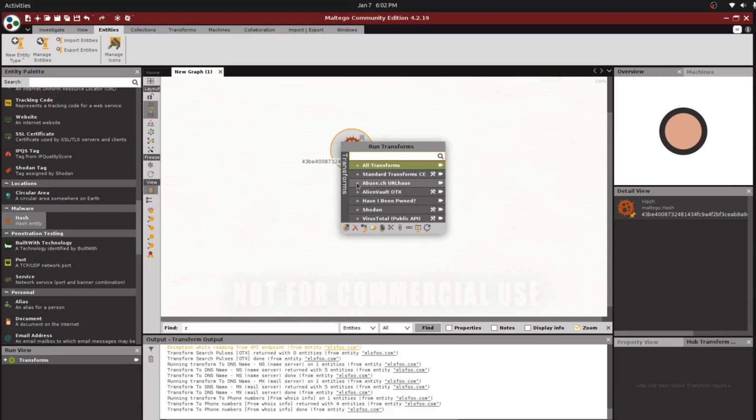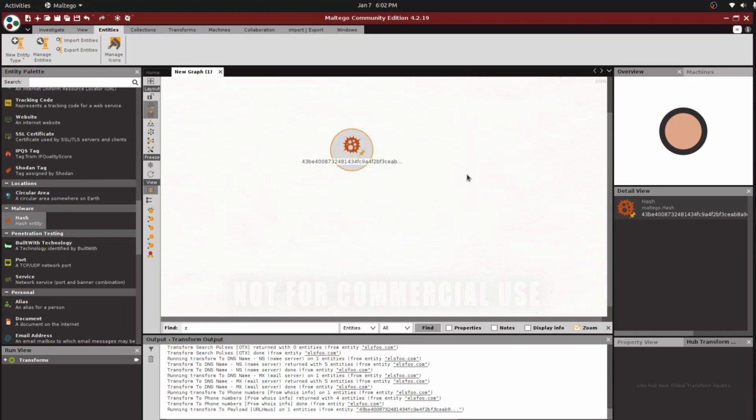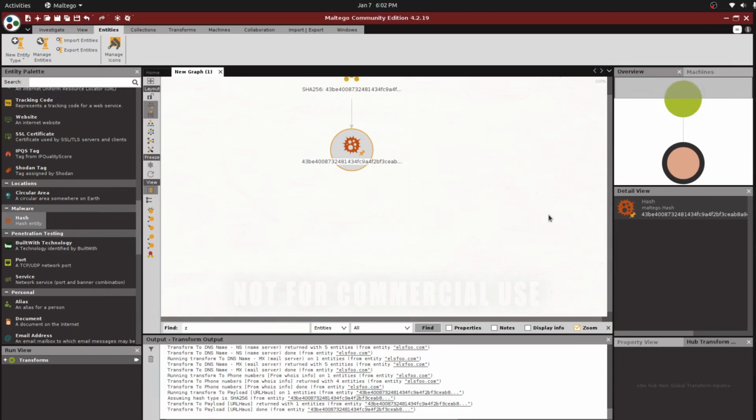I'm simply clicking plus and choosing the options: the payloads associated with this particular hash, or the payload URL. Let me choose the first option. I got a link here.